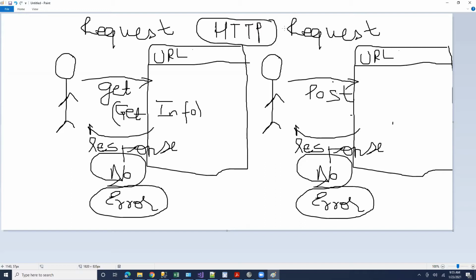So all HTTP requests have a response. What response is up to your friend, basically up to the website that we are talking to, but usually you'll get a response. Or maybe there is an error, like your friend did not receive the message, usually you'll get an error also.